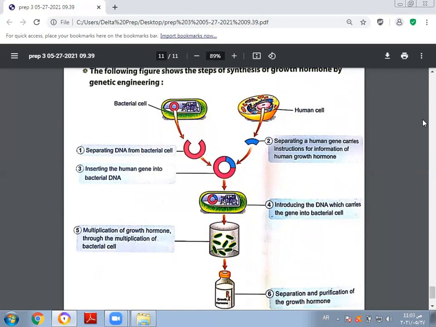And after that, there is a multiplication of growth hormone through the multiplication of bacterial cells. And the last step is separation and purification of the growth hormone, to be used again to treat the person who needs this growth hormone, such as